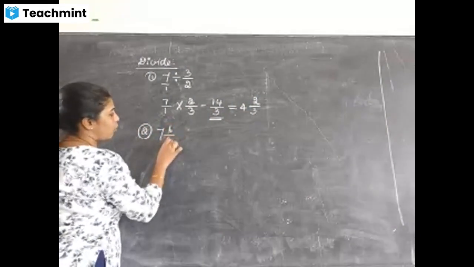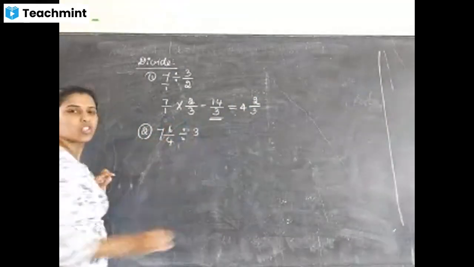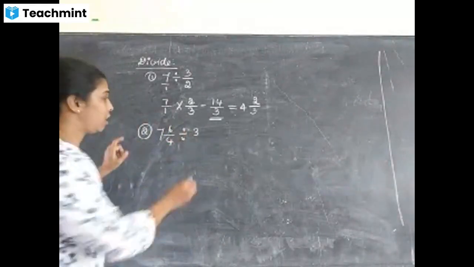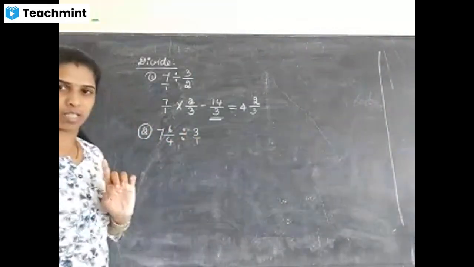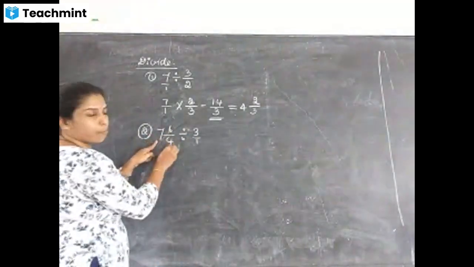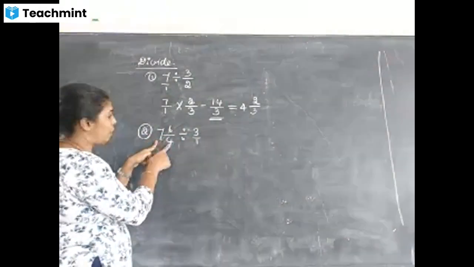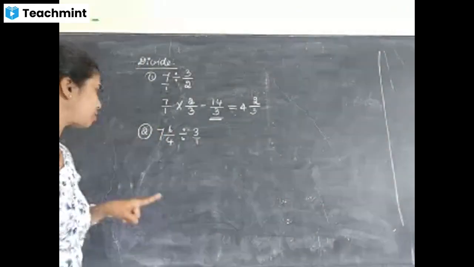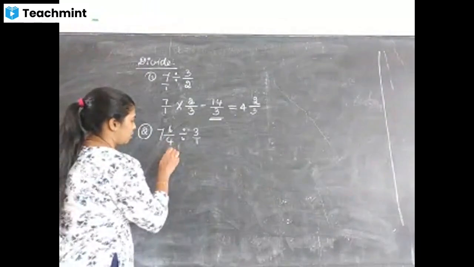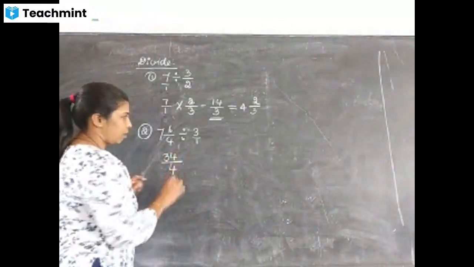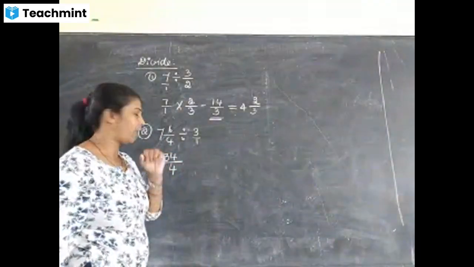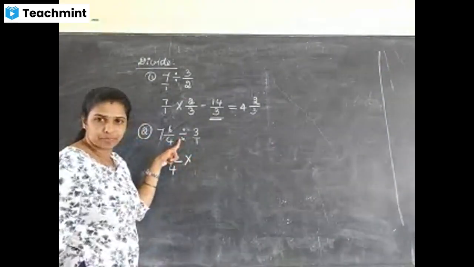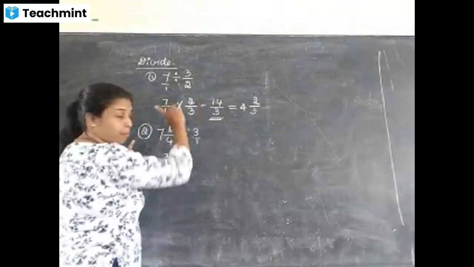7 6 by 4 divides 3, I take. Just 3 I will take. I said if the denominator contains nothing, there is divided by 1 always. So convert to the improper fraction. First 7 4s are 28, 28 plus 6 is 34. Check your multiplication or addition, mistakes happen the second time. Division becomes multiplication, 3 by 1 becomes the reciprocal, 1 by 3.